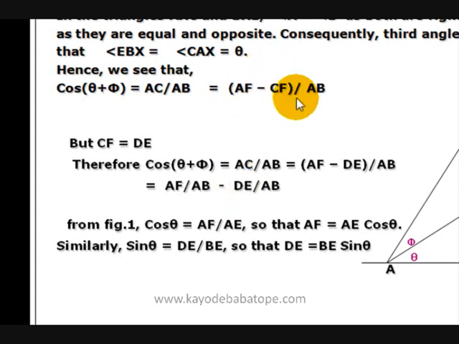From the basic equation here, we have AF minus CF. However, we also said CF equals DE, so we can use DE to replace CF. If we expand out this expression, we will have cos(theta plus phi) equal to AF over AB minus CF over AB. However, CF equals DE. Therefore, CF over AB can also be expressed as DE over AB. Now,